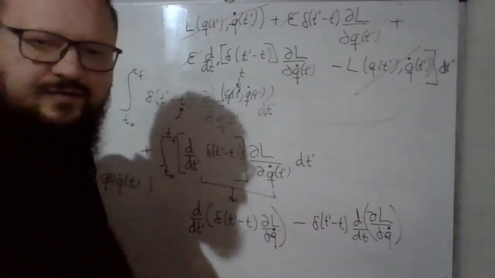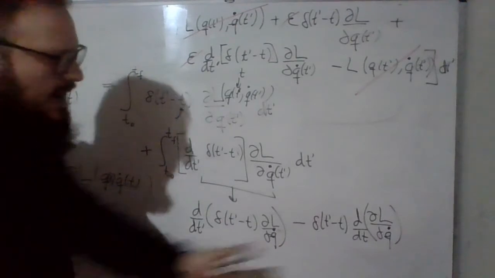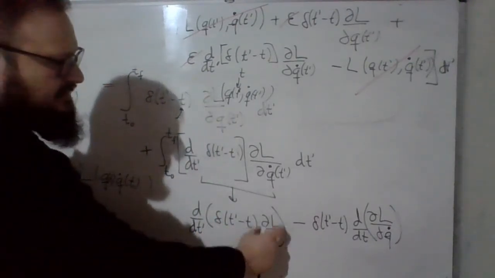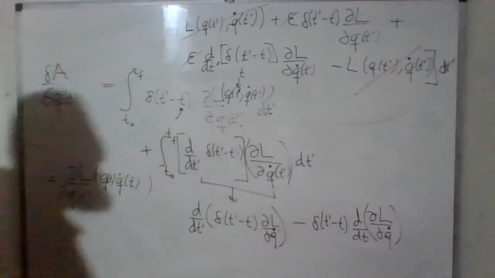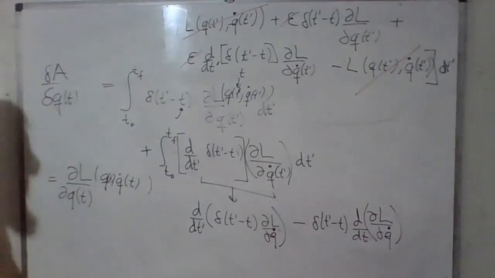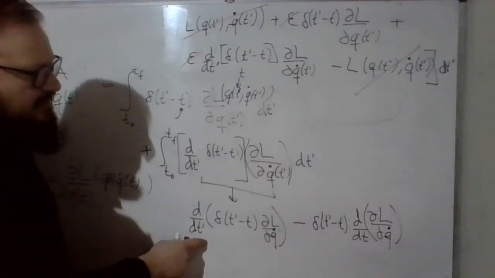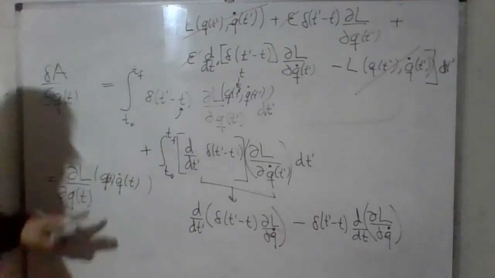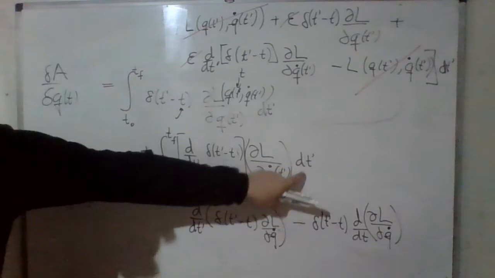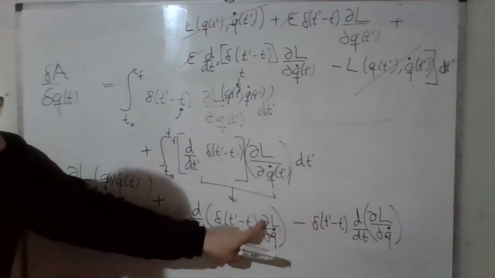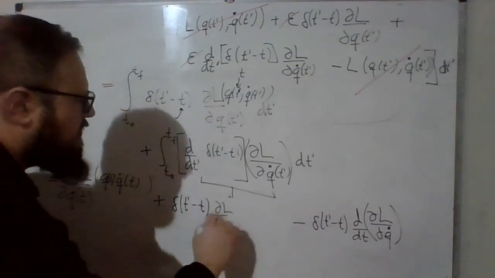We can use integration by parts, or we can use the identity, which says that the derivative of a product minus one of the terms, the derivative of the second, equals the derivative of the first times the second factor. And the second factor is already a derivative of the Lagrangian with respect to the velocity. Okay. So here, the integral of a derivative corresponds to the function. All right. So in this case, this second factor here produces plus, integrating over dt, delta t prime minus t dl dq dot,